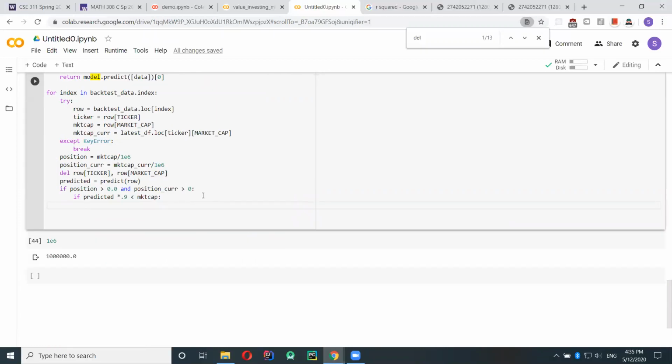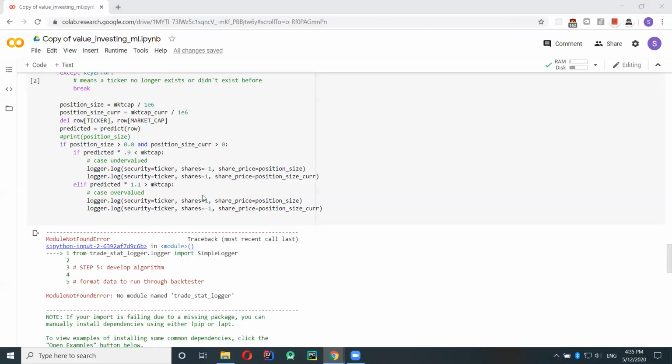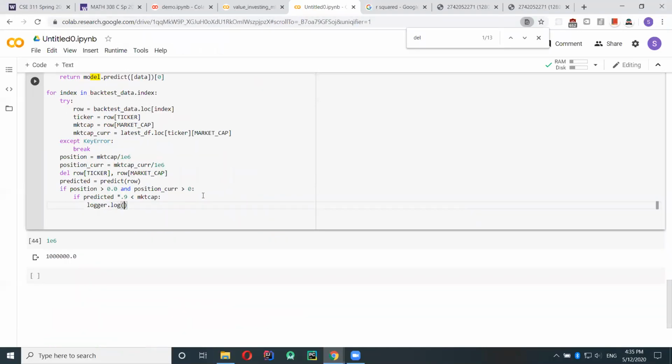We are buying undervalued. So if the predicted is 90% lower than market cap, that means the algorithm actually predicts that the company is overvalued. Earlier I talked about shorting undervalued companies and longing overvalued companies. I still think that's wrong. Just ignore that.